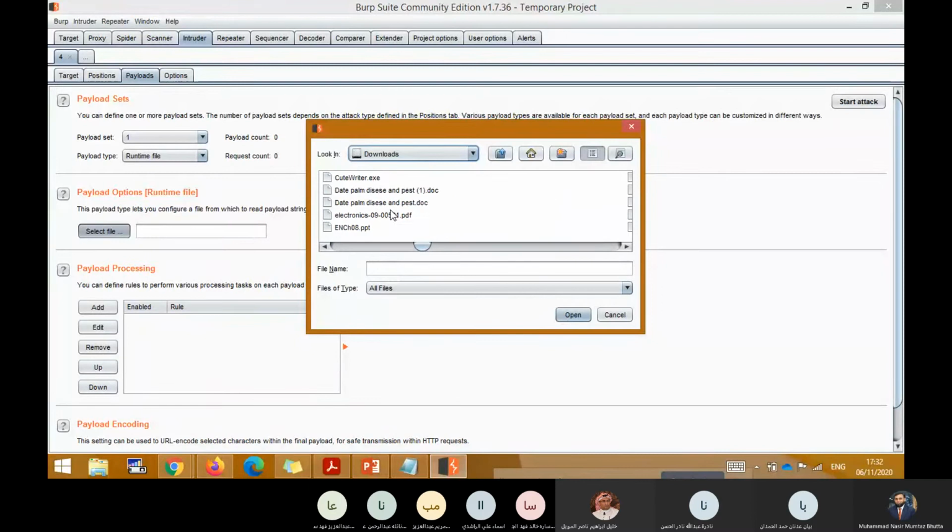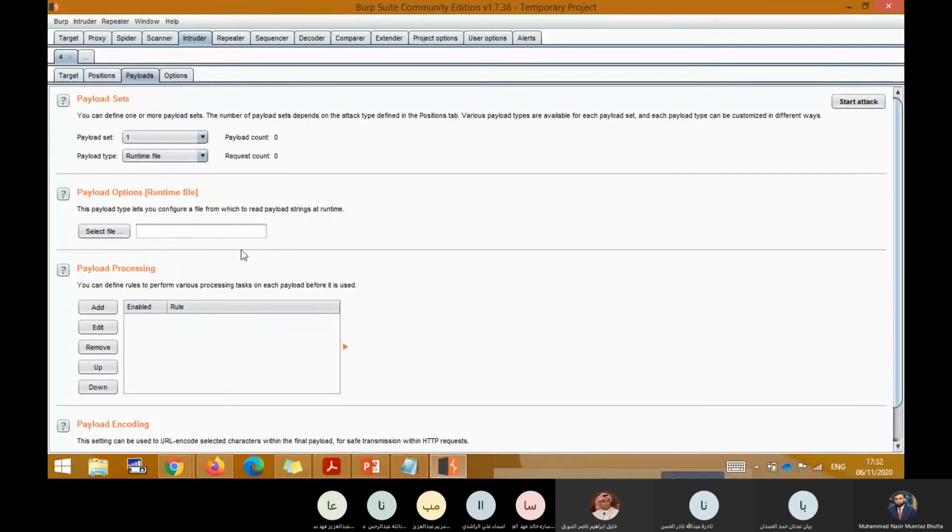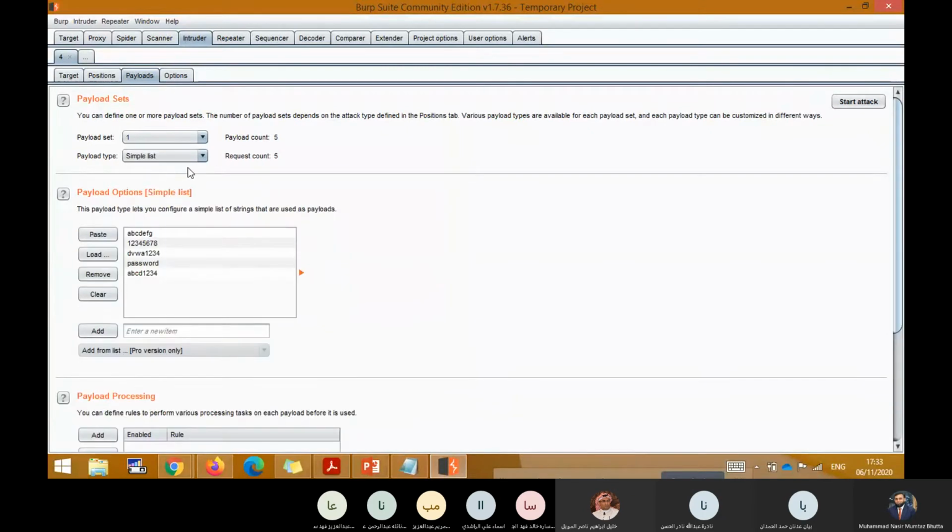You select the file, click open, and all the passwords will be line by line, one password on one line. Once you select the file and click launch the attack, it will launch in the same way as it worked for the previous situation. So this is how you can use the payload when it is a runtime file. Up to here, clear, students? How you can select the dictionary from different websites and launch the attacks? Clear?